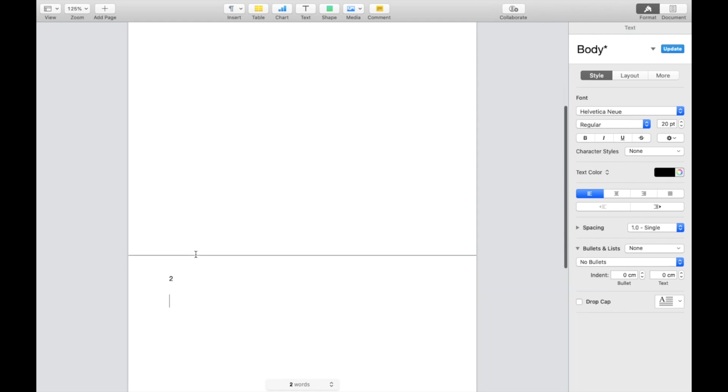So super simple, super straightforward, but this is how to insert a page count here in the Pages application inside